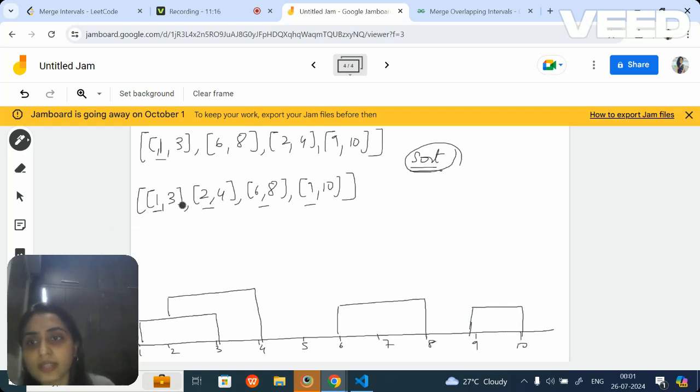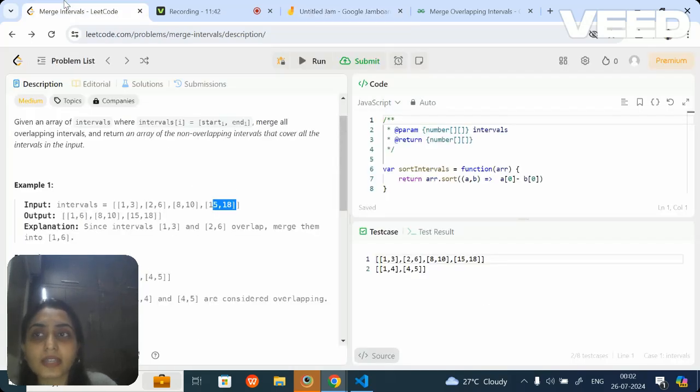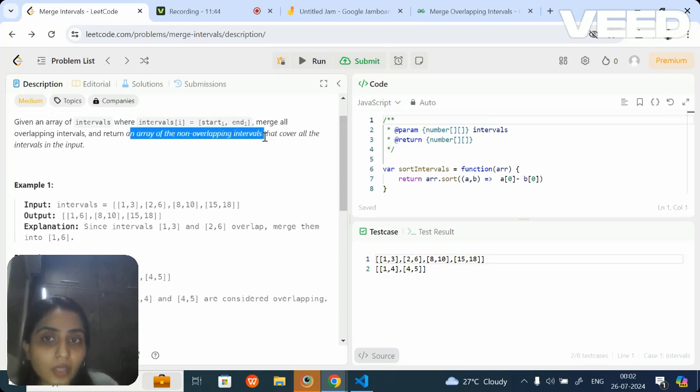Now what we do is we take 1 comma 3. There is nothing overlapping as of now, so all good. Then let's go to 2 comma 4. If you see, 2 comma 4 and 1 comma 3 overlap at 2, correct? That means these two are overlapping intervals. What they have said in the question is that if there is an overlapping interval, then we need to merge them.